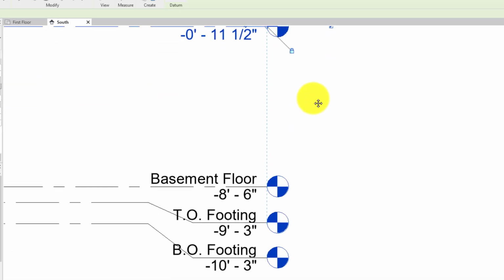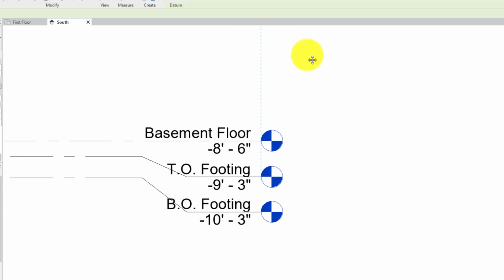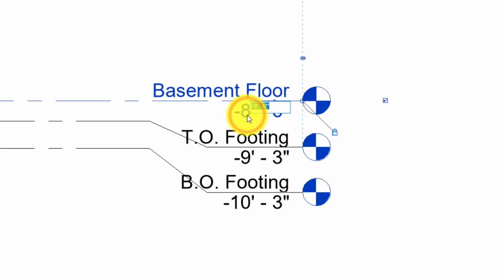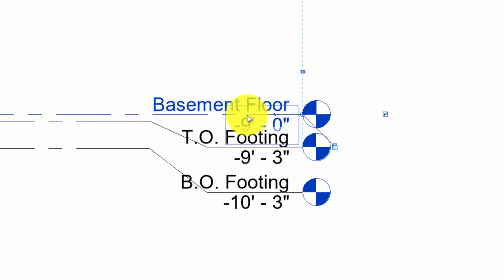Hold down the roller on your mouse, pan down. My basement floor, I didn't figure that one out. Let's make that -9 feet for right now. We might have to figure that one out a little bit more detailed later. So -9. My top of footing, I figured that one out. I want that one to be -9 feet